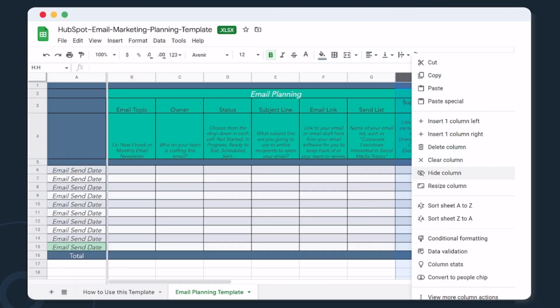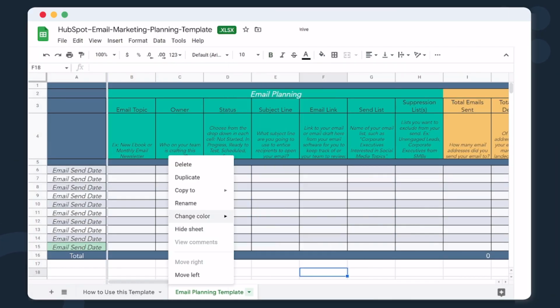performed the best. The best part about this template is that you can customize it to fit your personal needs or you can use it to track your company's needs and goals. Feel free to hide columns, add new columns, rename it, and duplicate it to use for every new month. Since this template helps you think through all the minor details, you're going to have such an easy time planning and organizing your emails and campaigns.